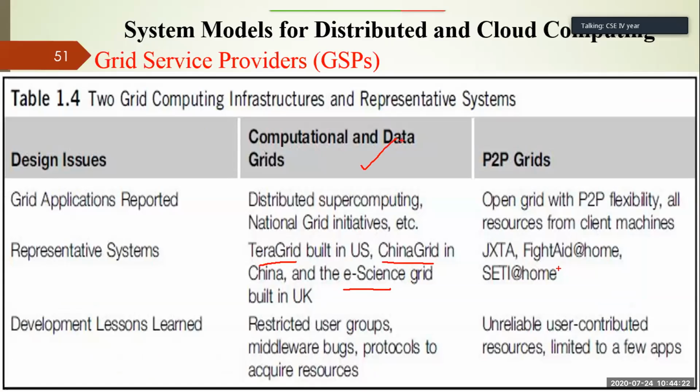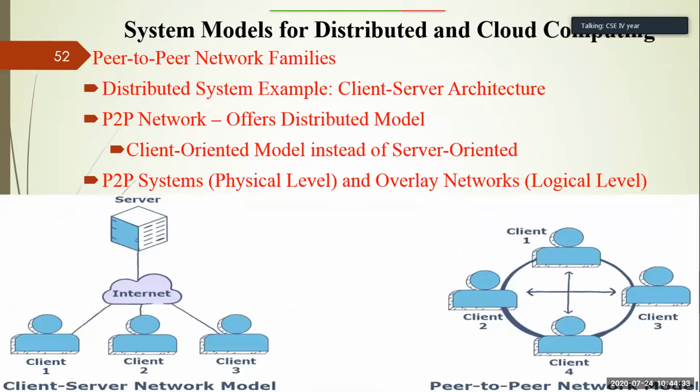But this SETI@home belongs to your P2P grid. In the next slide, I'll tell you what is the basic difference between a client-server architecture and a peer-to-peer architecture. Try to understand what happens in client-server architecture. As a client, I am requesting the Google server through the internet that I want to view my Gmail. So what happens? Client always requests services from the server and the server always provides services to the client. So if you imagine the server is crashed or the server is no more available or the server is down, what happens? You will not get your services, right? That is a demerit of the client-server network model.